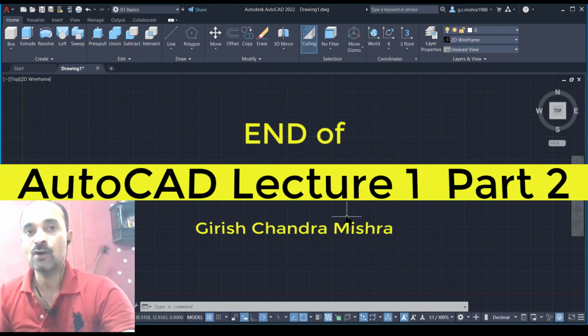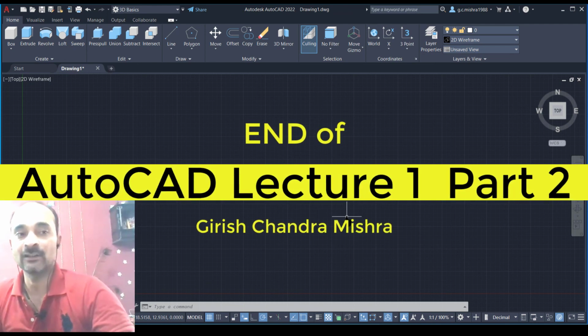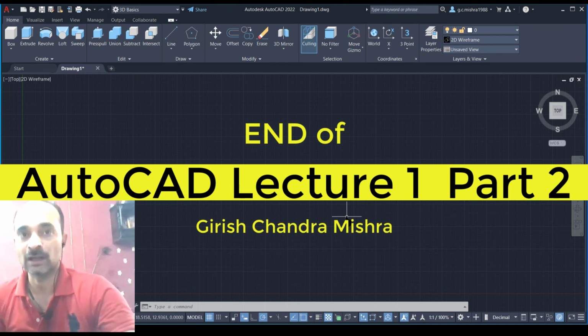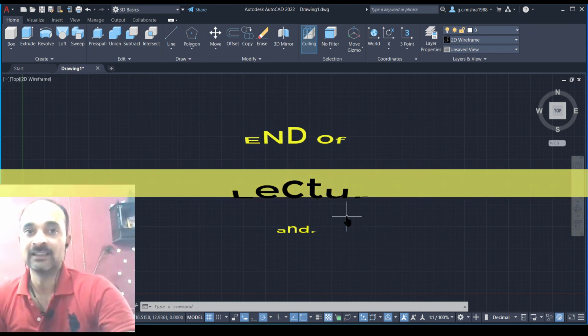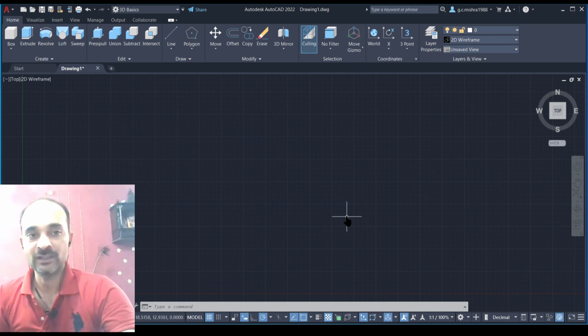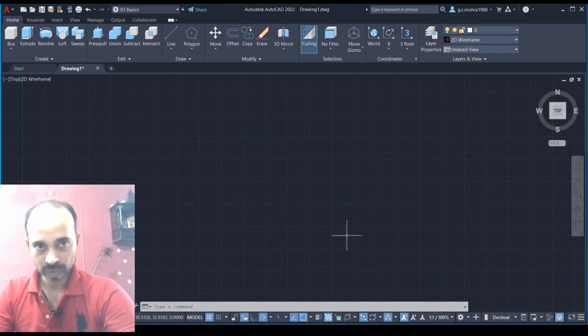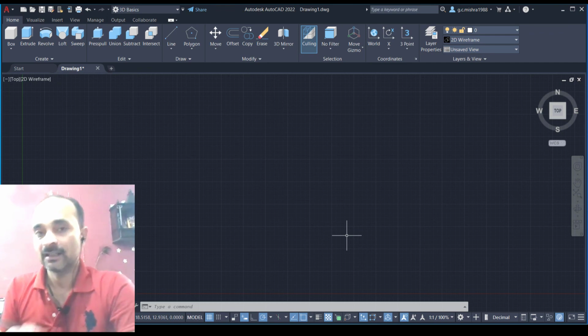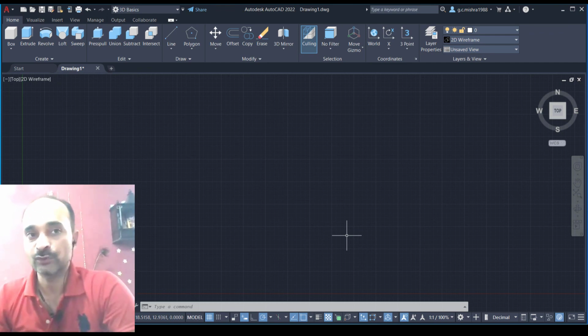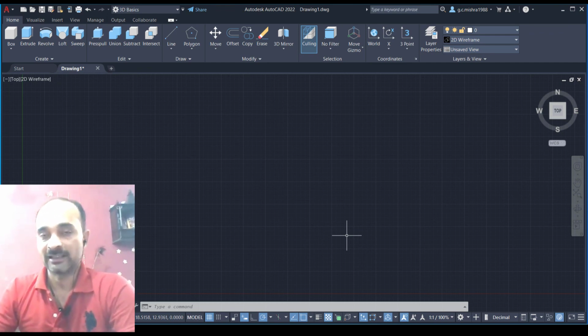So you can perform your task as per your convenience. You can work on AutoCAD using keyboard only, using mouse only, whichever is convenient. So basically, before going to reset, you have to check your workspace also.